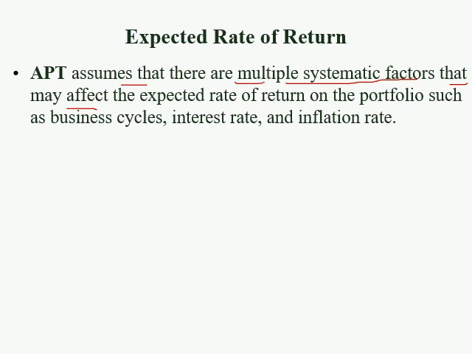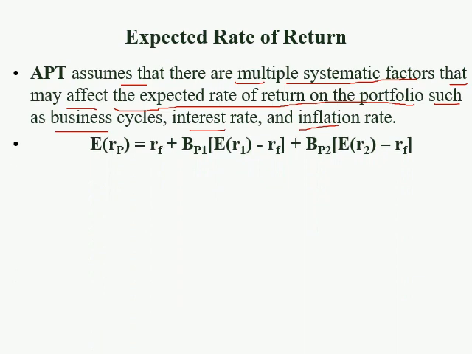So there are multiple systematic factors that may affect the expected rate of return on the portfolio, such as business cycles, interest rate, and inflation rate, and so on. Any factor, I expect that this factor can affect the expected rate of return on the portfolio. And the equation for ABT is expected return for portfolio B will equal risk-free rate plus